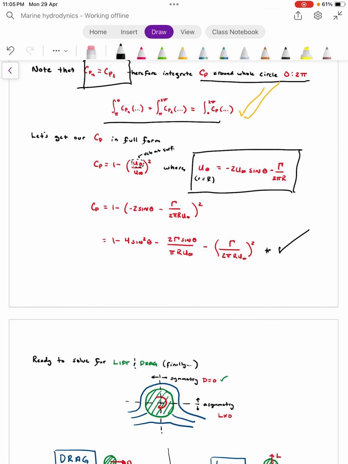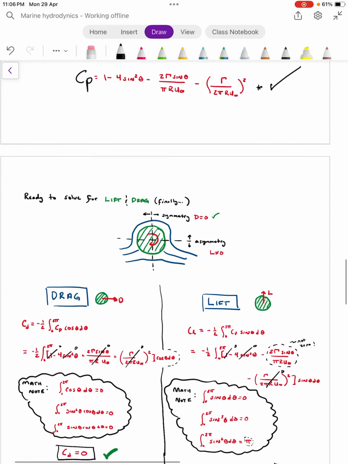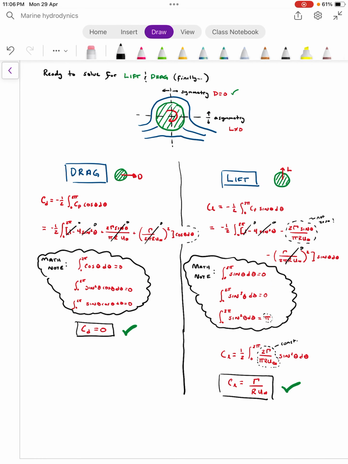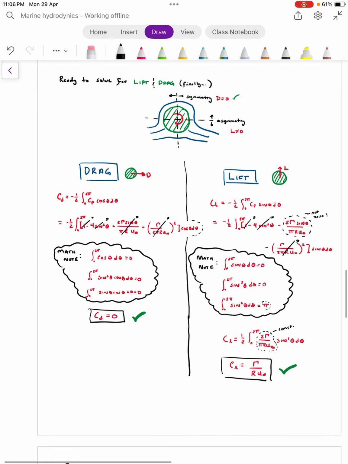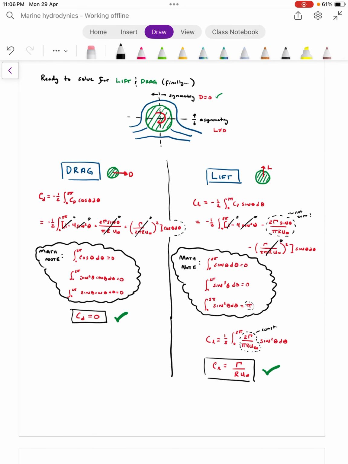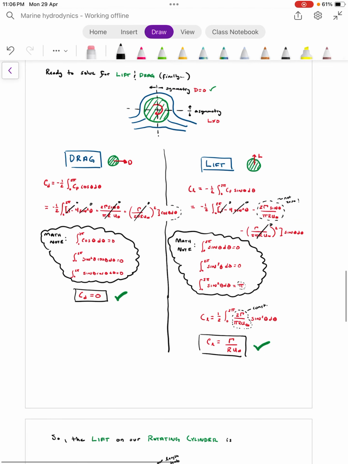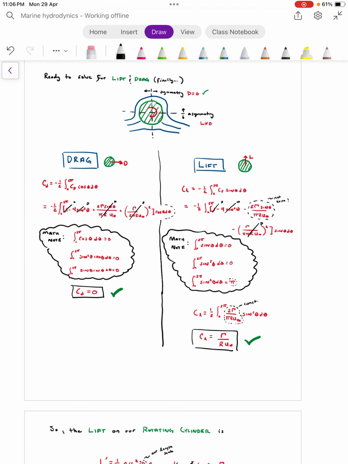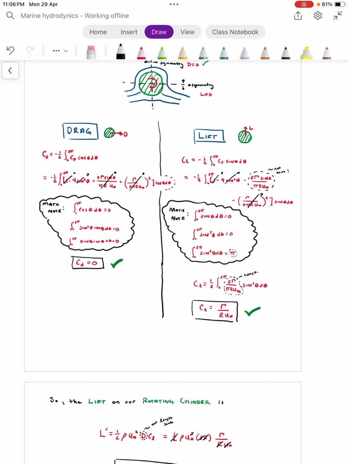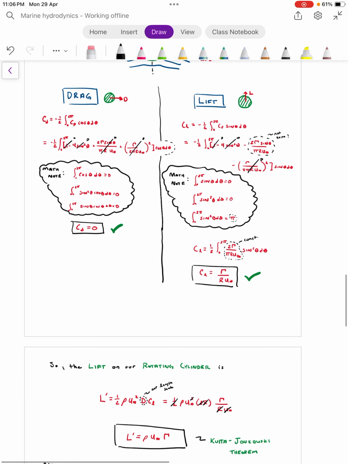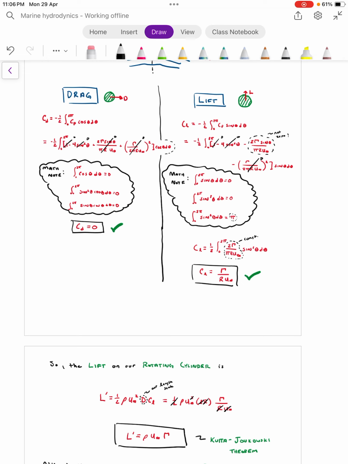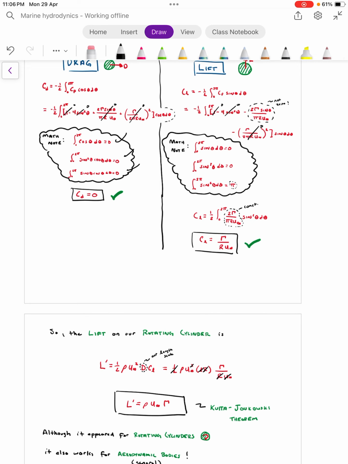Now here we got the final expression for CP. So finally we will calculate the lift and drag force. First of all, we have to confirm that the drag force is zero, because from the figure we can see that the whole system is symmetrical about the y-axis, so drag force should be zero. So CD equals negative half, 1 by 2π, integral from 0 to 2π of CP cos θ dθ. We will put in the value of CP and integrate it, and using these three expressions we get CD equals 0.